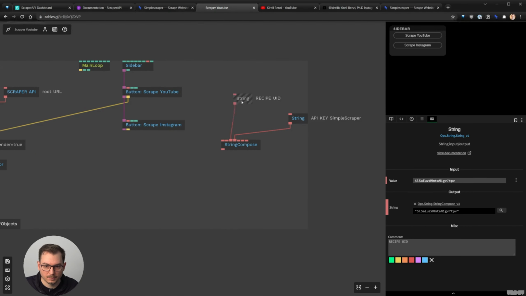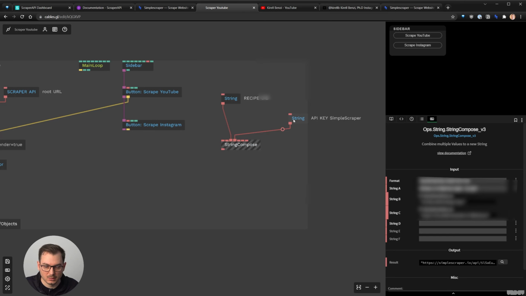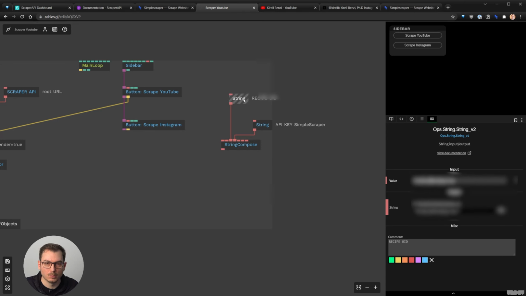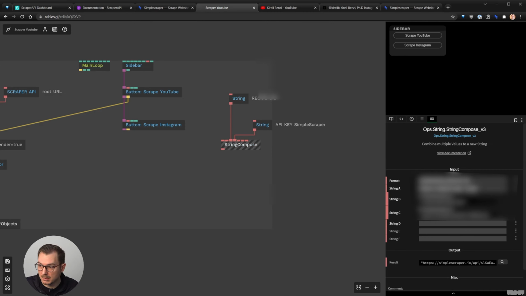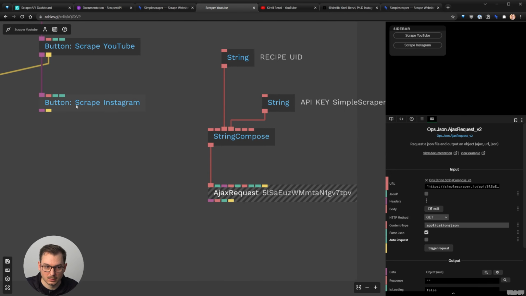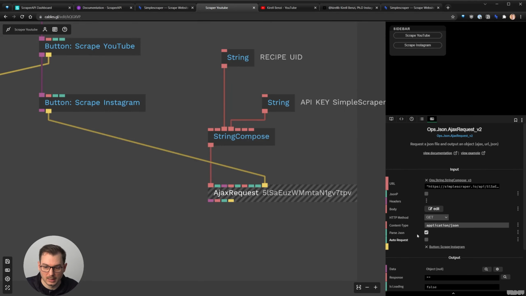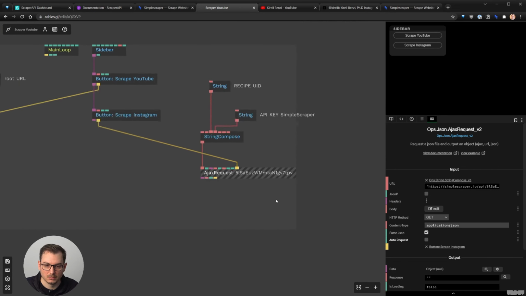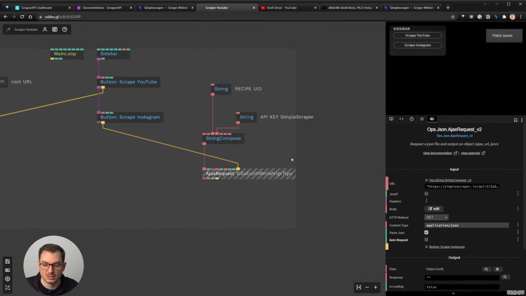So I'm here. I have this. The recipe UID is basically the name of the scraping. So for this particular website, the key is the key, of course. And now I can just do the same technique, but instead of reading it as an HTML page, I just ask for it as a regular JSON file. Connect it here, and check the parse JSON option so that the result really comes back as a JSON file. I'm clicking on the button,